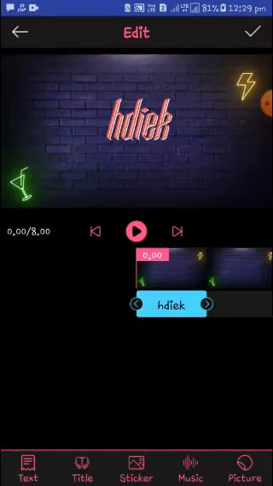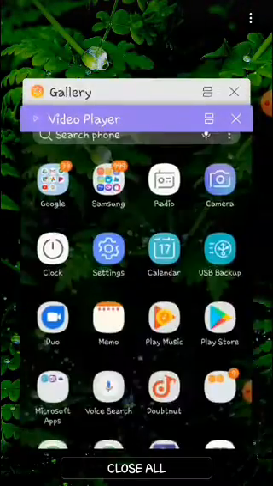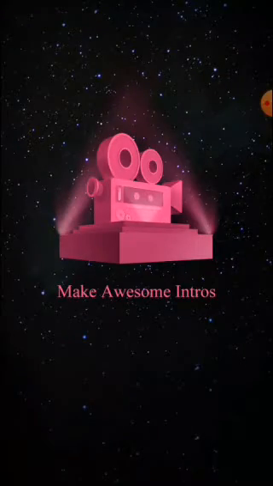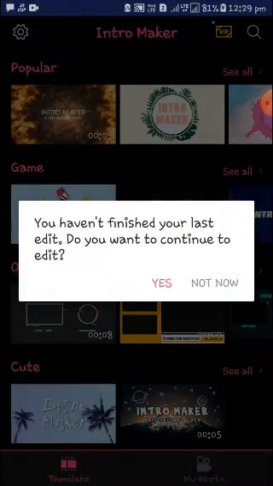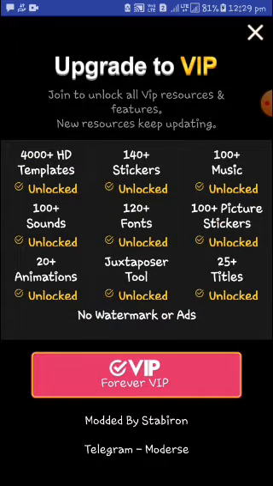I'll show you, guys, and you can click here, just click on it. It downloads, and you can see that in your gallery. I'll show you the apk where I click on the VIP. And guys, when you click on the VIP, as you can see, we have already unlocked the upgraded VIP version. I'll show you in the normal Play Store one, guys. I did not buy it from this application, it's already upgraded to forever VIP for us.